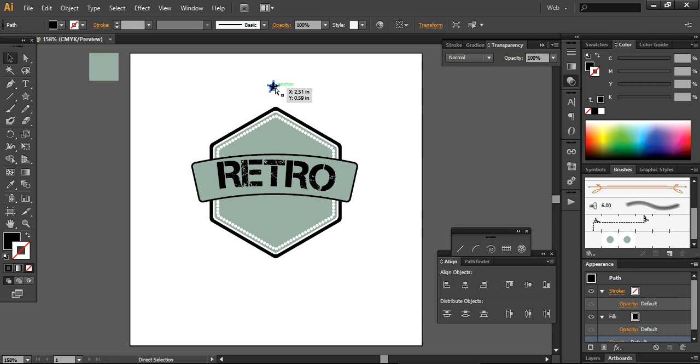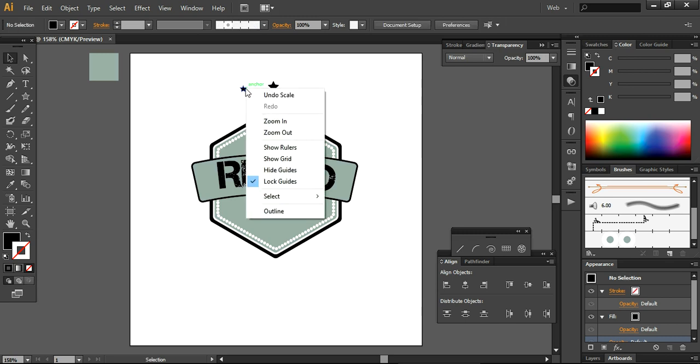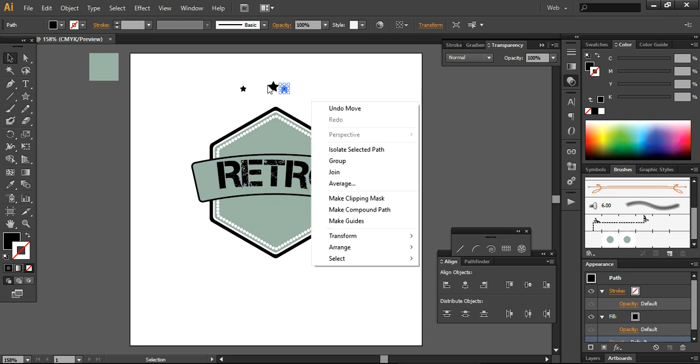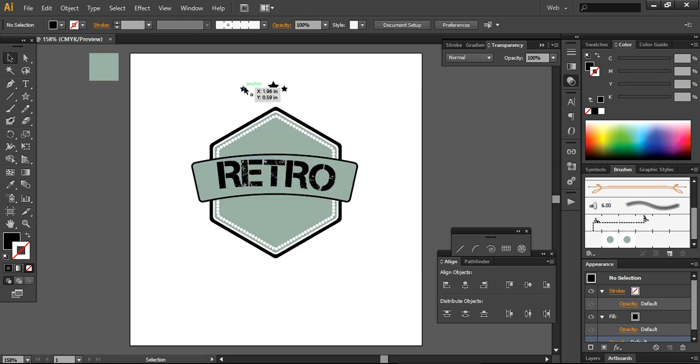So yeah, here I am creating a simple star, and you can make it a little bigger like this, and here I am creating another one, and now the size of this star will be a little smaller like this, and here you can create a copy of this star, and you can place it like this here, and you can also place the